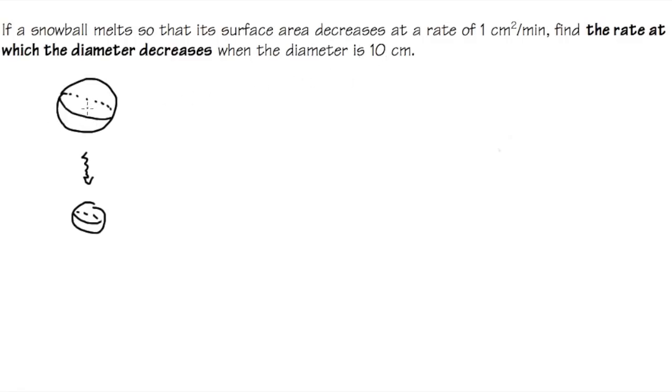For this kind of thing, we need to know some geometry formulas. So in terms of a sphere, we need to know the radius, okay? And then the surface area is going to be denoted with S, and this is equal to 4 pi r squared. So this is the usual formula for the surface area of a sphere. But the problem is, we would like to know this right here, at the instance